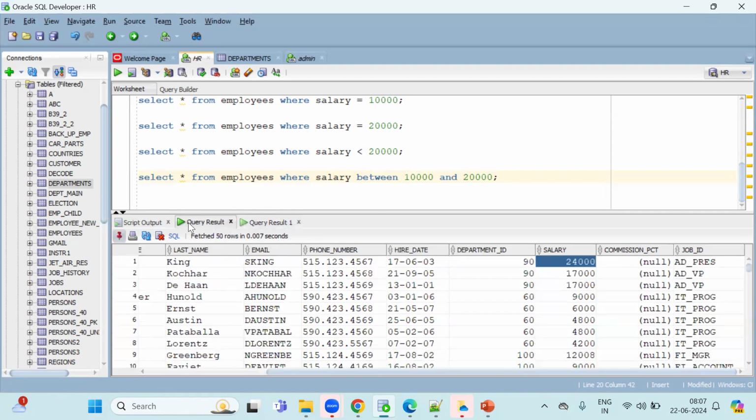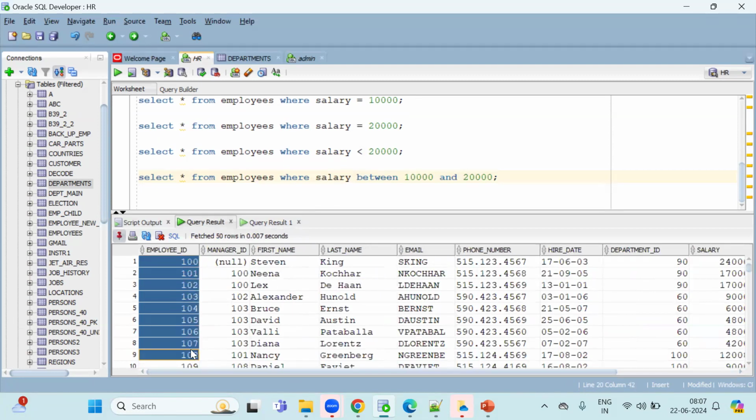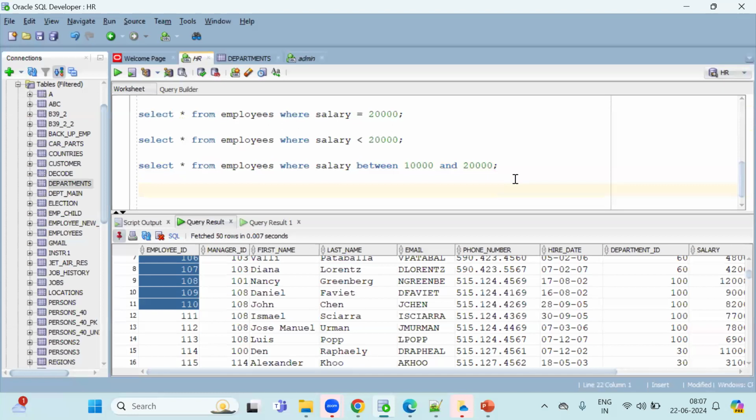Like this, if I want to find employee ID between 100 and 110, give me all the details whose employee ID is between 100 and 110. How will you write it? Select star from employee where employee ID